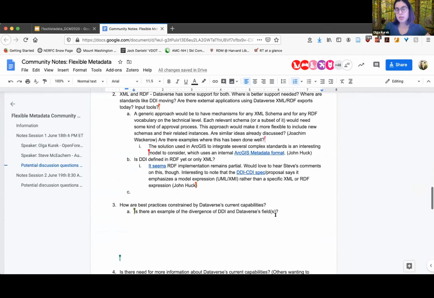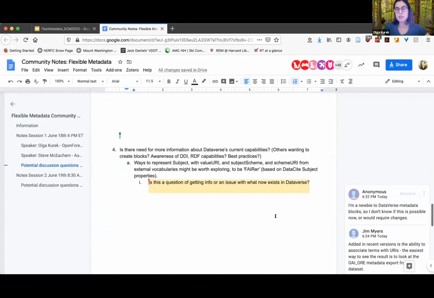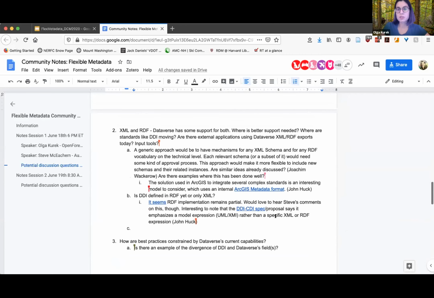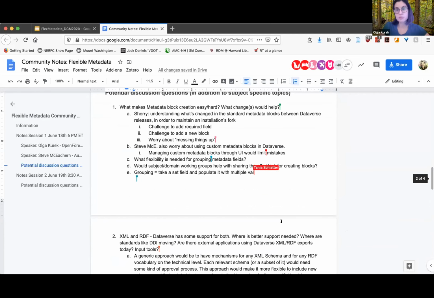So it should be flexible, but now we can't do it. We can't choose our own subset of fields that we want to populate with a lot of values.